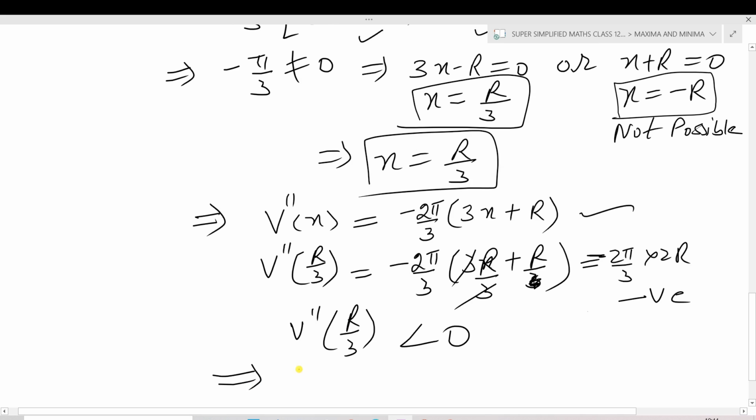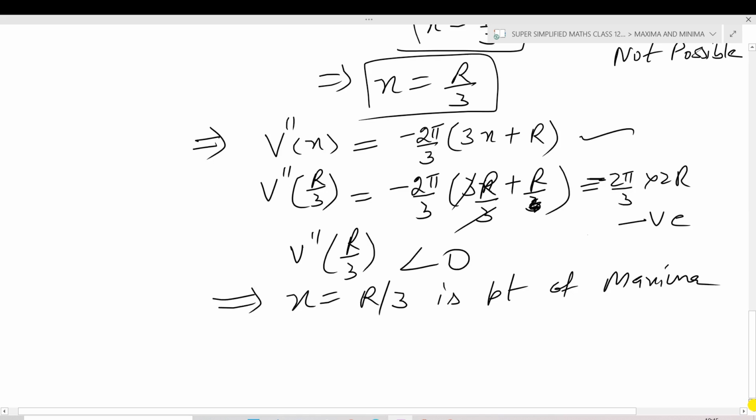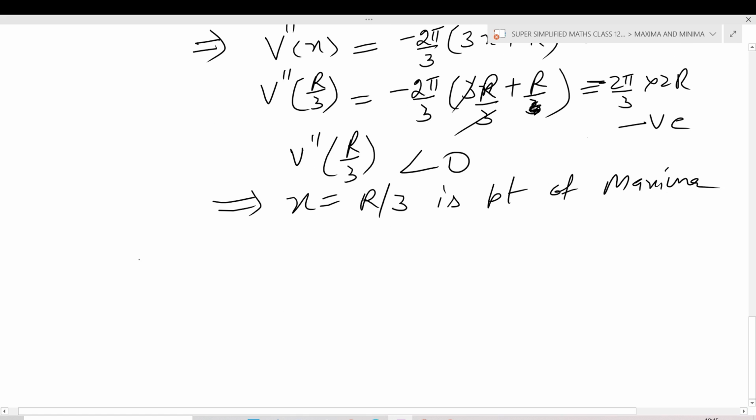Now let us write what was the volume. We found that the value of the volume of the cone was 1 by 3 pi r square minus x square. This was the value of r square, and the value of h was r plus x. Initially we started with this function when we wrote the value of the volume of the cone. Now if I substitute here, I have to find the maximum volume of the cone, and I also have to prove that the volume of the cone is 8 by 27 of the volume of the sphere. So let us do, how do we do that?